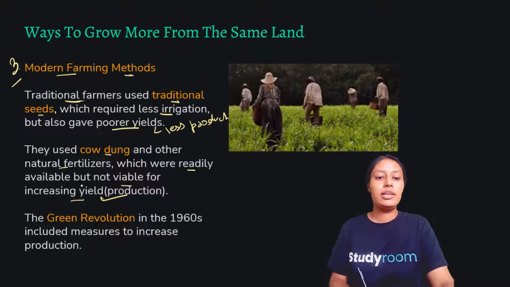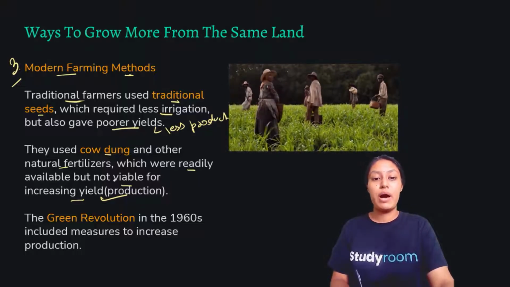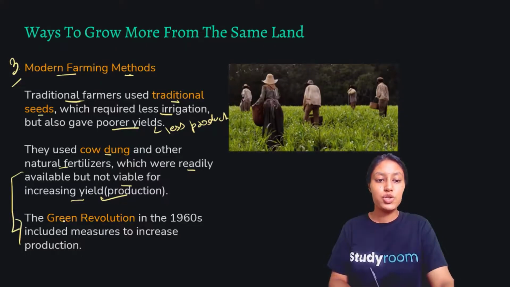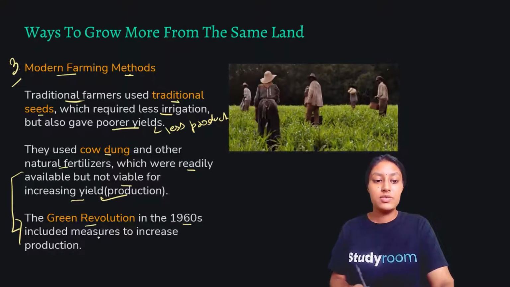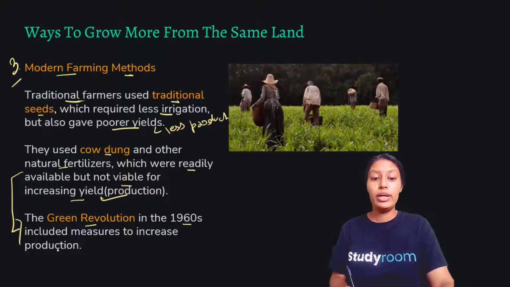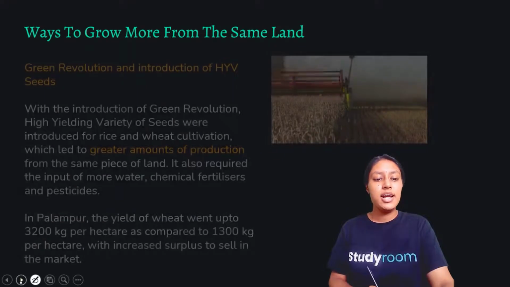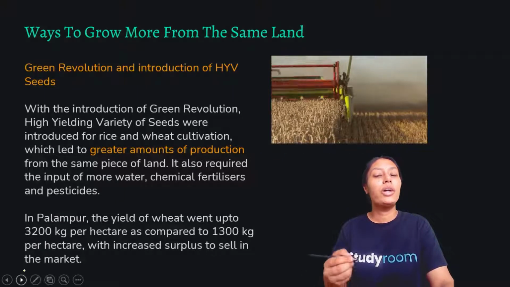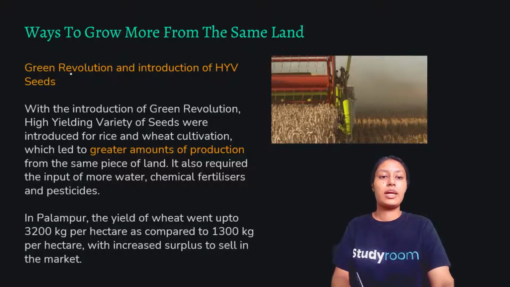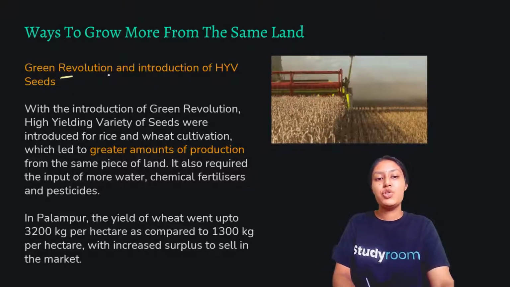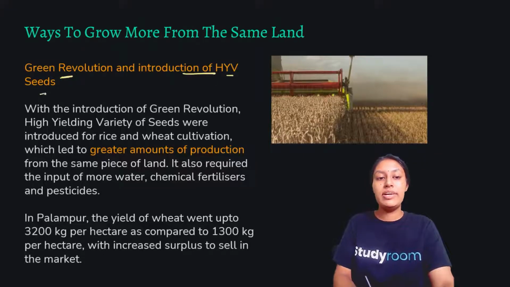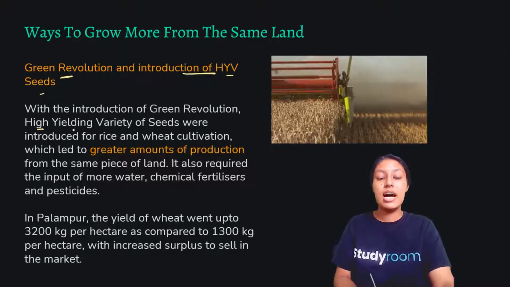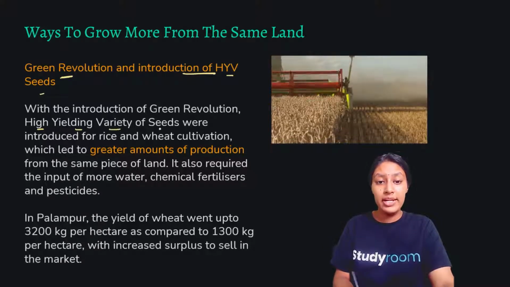So that's why there was the need to switch to another method of farming through which production can be increased. So we switch to the green revolution. Here comes the green revolution in the 1960s, which included measures to increase production. Let's understand in detail what the green revolution is and how it has helped. The Green Revolution was followed by the introduction of HYV seeds. HYV seeds are high yielding variety of seeds